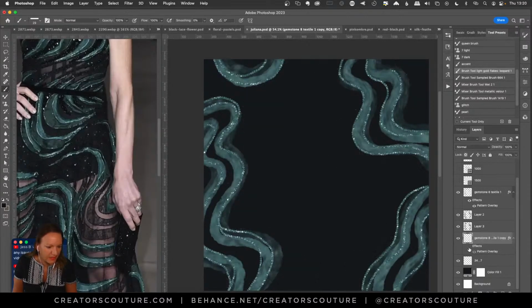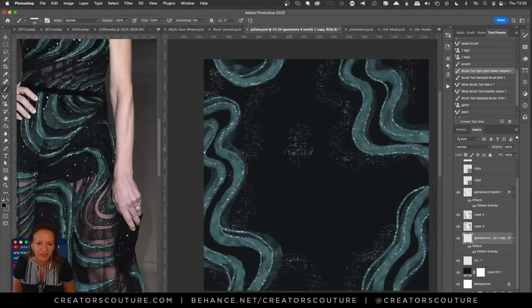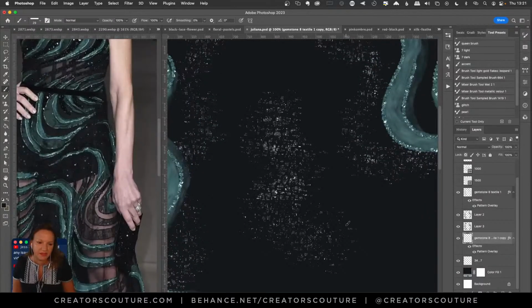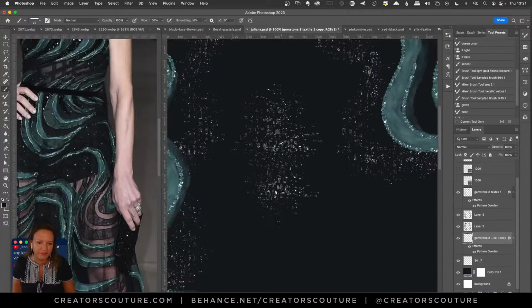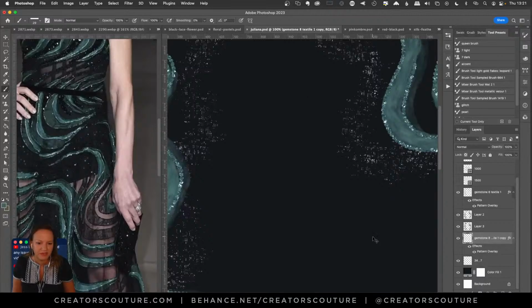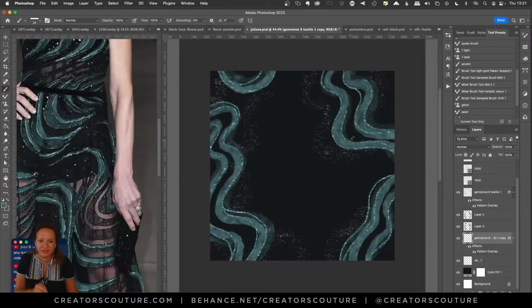Yeah, it's right there. And I use the same layer style. It's that textile one, which is a great one to add shimmer. And so I just did it in black. And here you can see me drawing a brush stroke in black. And of course it'll take the color from whatever color you're drawing. So if I was to take a teal, it would have the effect in teal, but we're going to undo that. And so that is what I use to create this sort of effect. And I think it's fun.